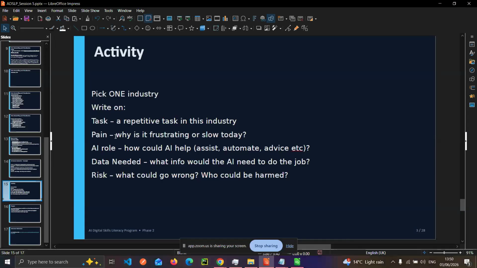You also outline how AI can help in reducing or eliminating the pain for that task, and what data is needed for AI to help in the process. Like, what info would AI need to do the job, and the risk, that is, what could go wrong and who could be harmed.